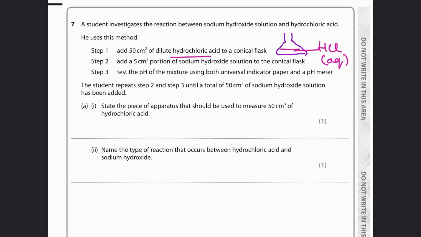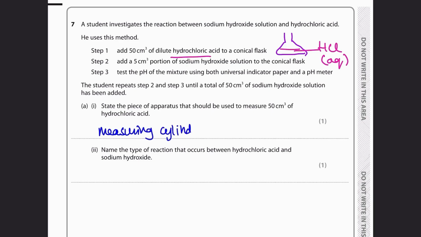So some of you guys might write beaker or even test tube. These two are wrong. Test tubes do not have any markings on it. Next time you're in the lab, look at the test tube. It doesn't have any measurement markings on it, so you can't use that to measure anything. Beakers also are not accurate enough. So the accurate ways to measure a volume would be a measuring cylinder,